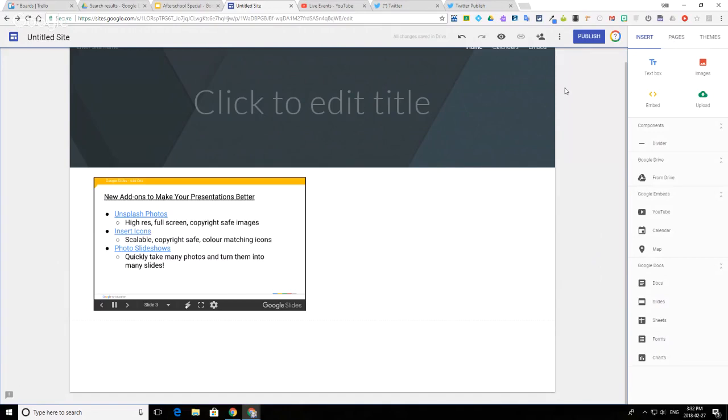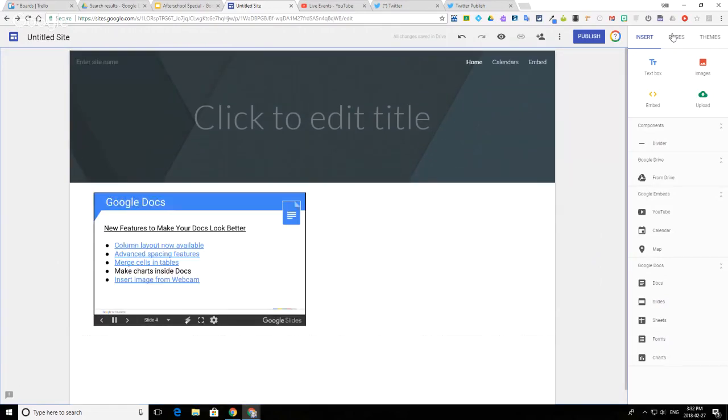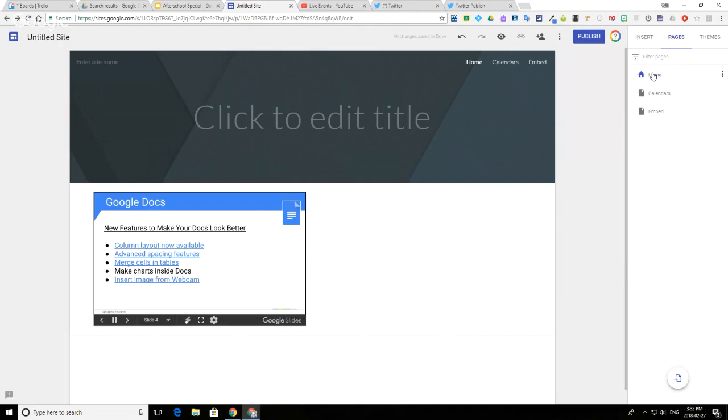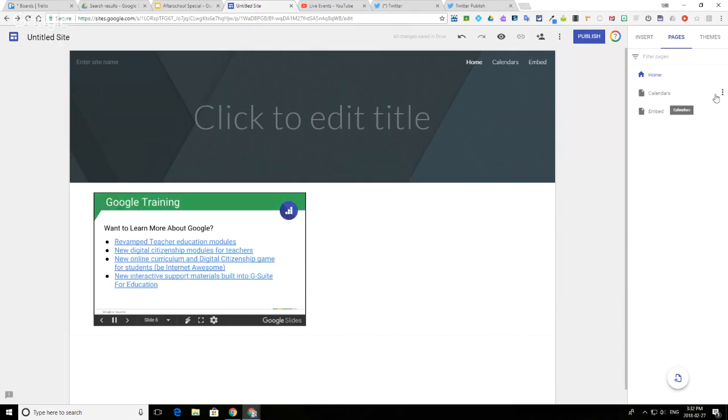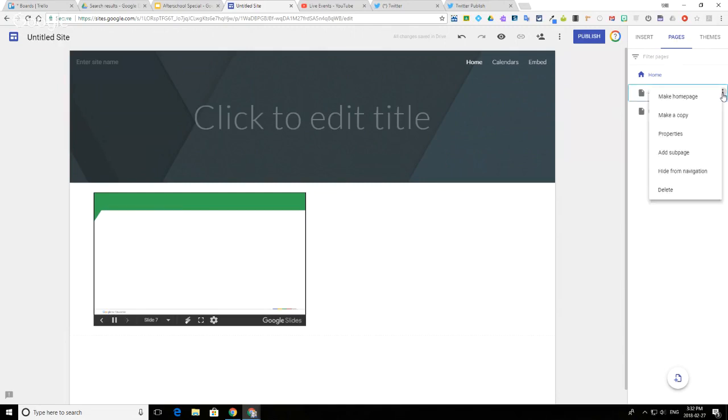Another piece here is if you are using multiple pages, as you can see I am, one of the things you haven't been able to do in the past is to copy a page. So if, let's say, I really liked how this page looked, I would have to recreate that over and over again. In this case now, under pages, under these three dots, we now have make a copy. What this will do is